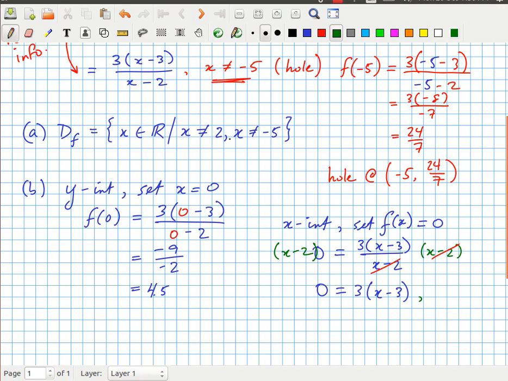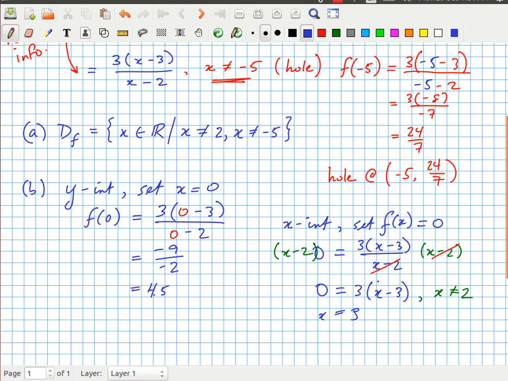We already have this restriction in our domain, x is not equal to 2. I'm including it to remind me that when I solve this equation, the answers x equals 2 and x equals -5 aren't solutions I'm allowed to use. In this case, simple enough, 3 is obviously not 0, which means that x minus 3 equals 0, or x is equal to